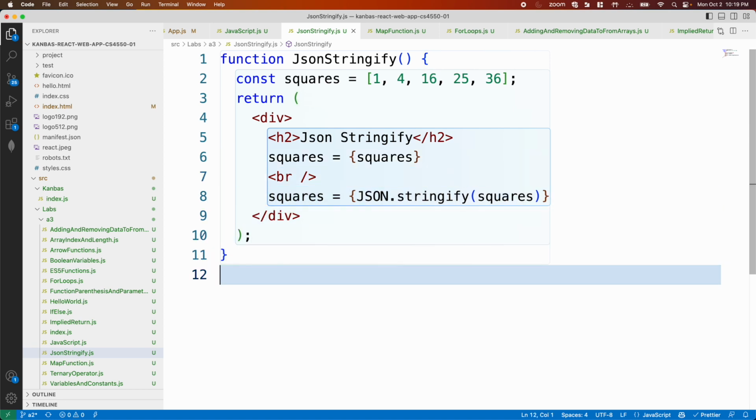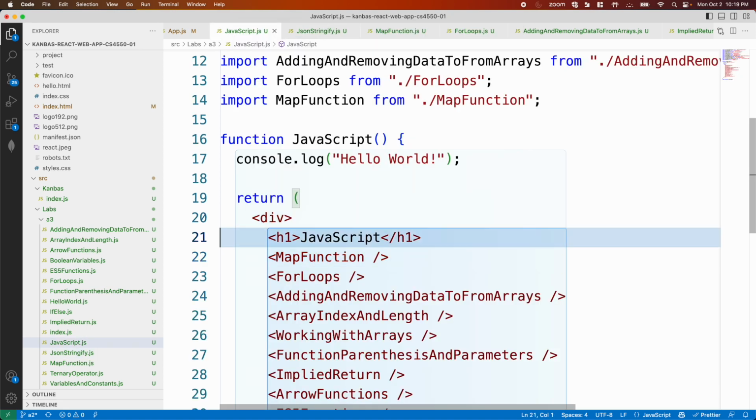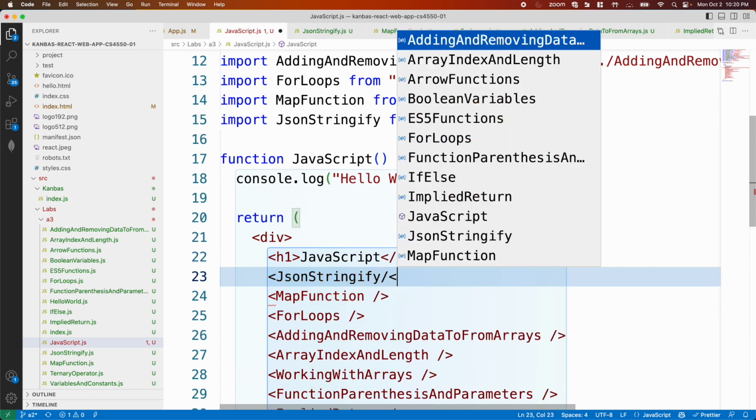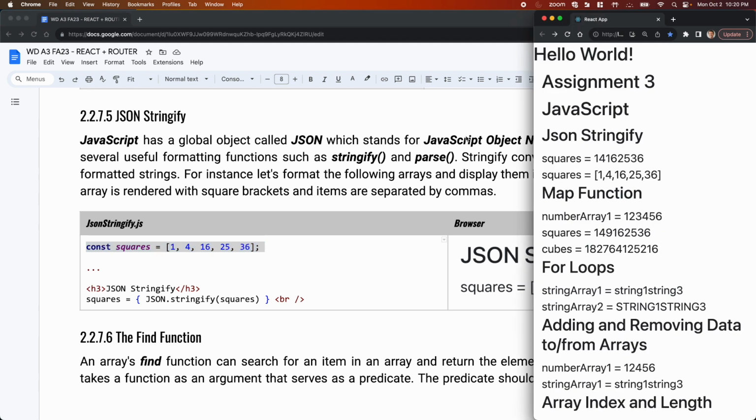So let's see the difference, right? If we export, and then you bring it in JavaScript. So this is JSON stringify. Let's take a look at the difference in how it renders. Normally, notice it would render just all the way concatenated, without any commas. But this one actually converts it into something readable, including all the special characters like commas and parentheses and